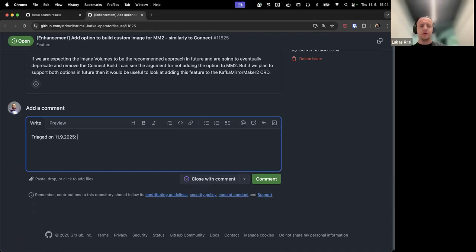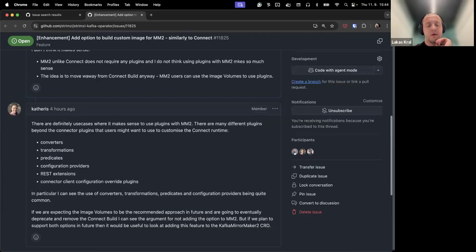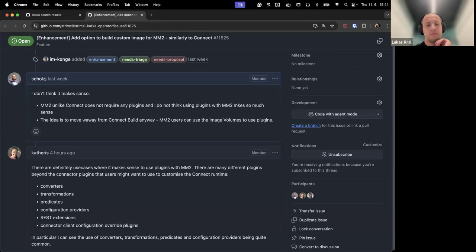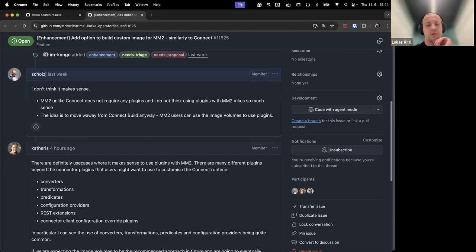They have to build their own image with these kind of plugins, and it would be a better UX to specify everything in the spec of the Kafka Mirror Maker 2, and let the build do its thing and use it straight.